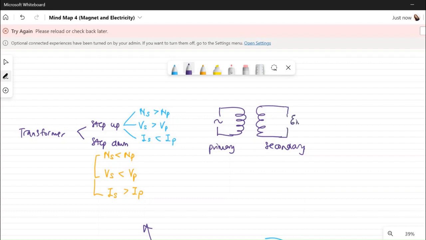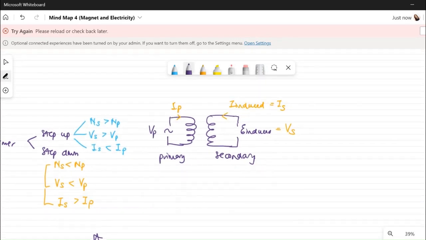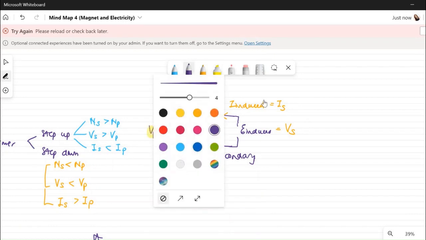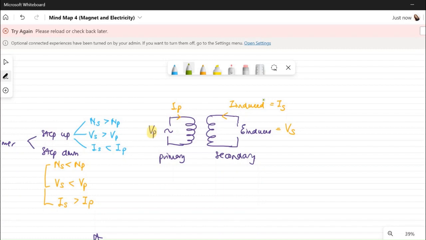So EMF is induced in the secondary coil, and therefore current will flow, and this current is called the induced current. In the primary coil here is I primary, in the secondary coil where the current is induced is called I secondary, and the EMF induced here we call V secondary, and the voltage in the primary of course is V primary, right? So since we're applying the AC voltage to the primary, and therefore the magnetic flux